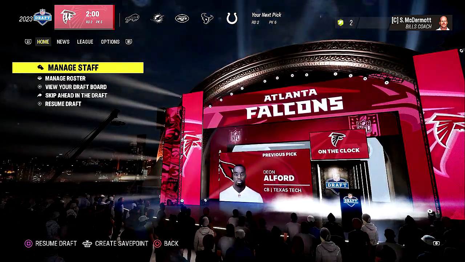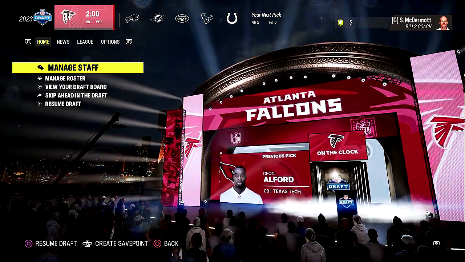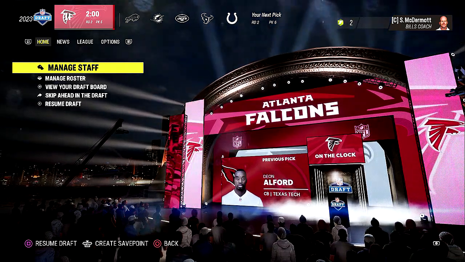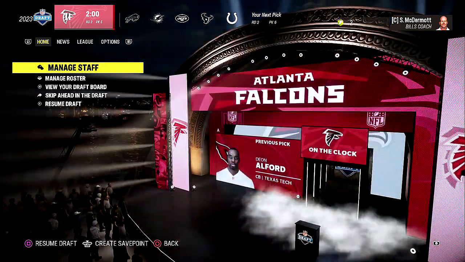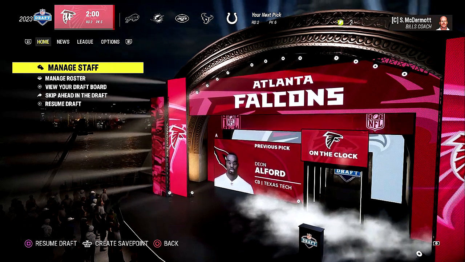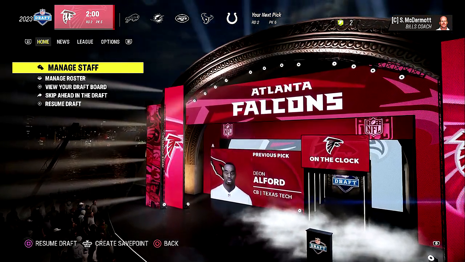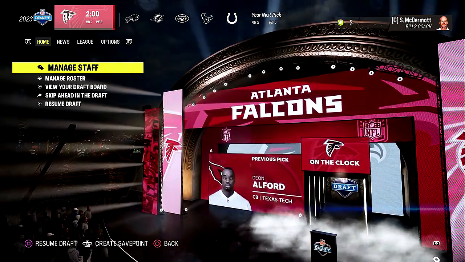As we're here, we're in the second round now. We're about to get to our sixth pick in the second round, so we are going to be on the clock in just a bit. There you see the Cardinals make a nice pick here. Now remember, these are the Chicago picks that we're using